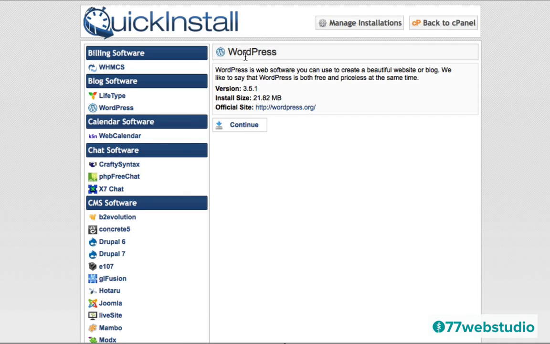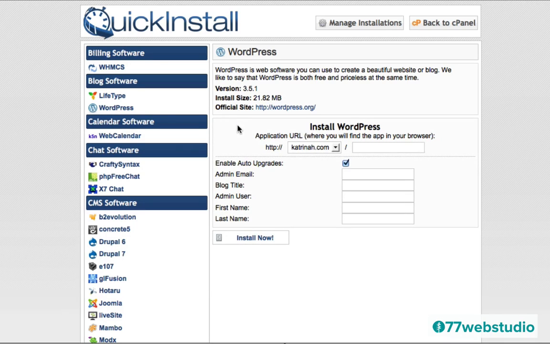Also note that we are installing version 3.5.1 of WordPress, which is the most current version available at the time of this recording. So we are installing WordPress 3.5.1, and then I'm going to click on continue to continue the process. And here you want to choose the domain name that you want to install WordPress on. I'm going to install it on this domain name here.